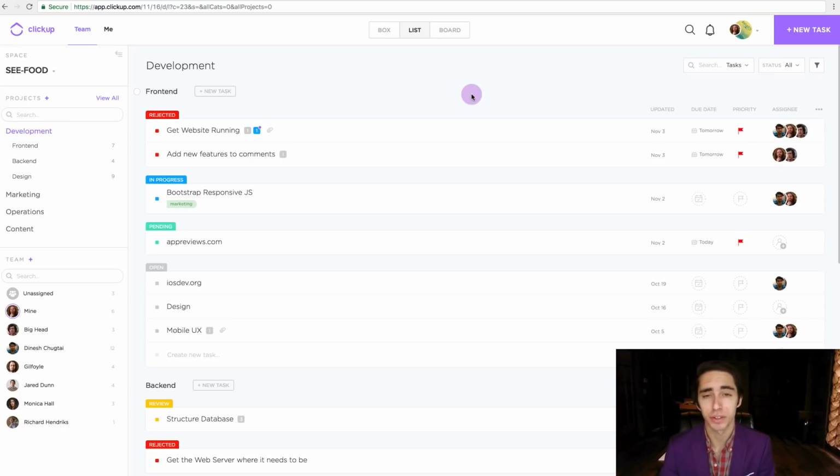Seeing as tasks are the lowest end of the hierarchy, this is where we really get into the nitty-gritty part of our workflow and start actually delivering on certain objectives so we can deliver on overall projects in given spaces. So, without further ado, let's go ahead and dive into it and talk about how to create a new task